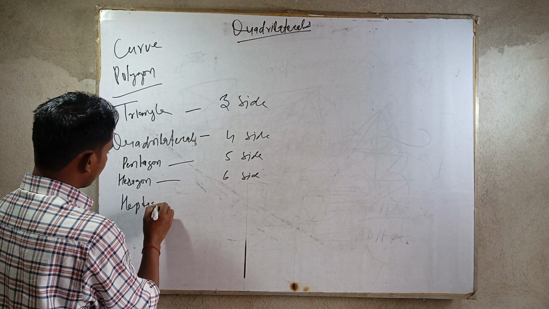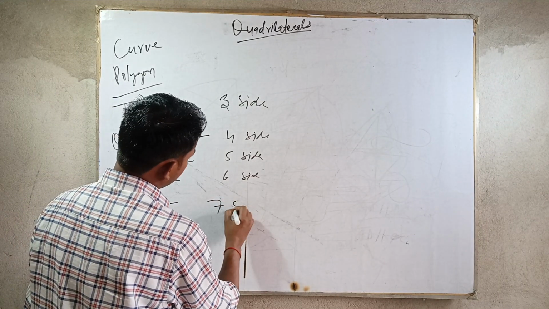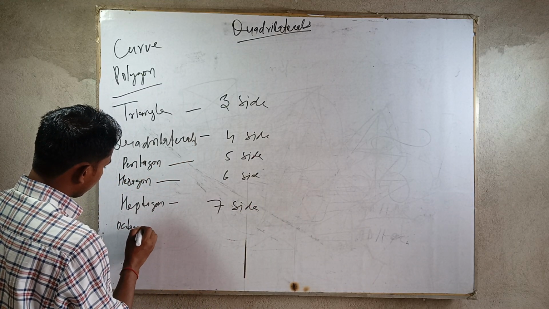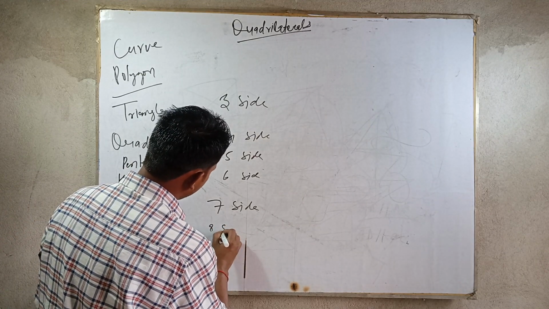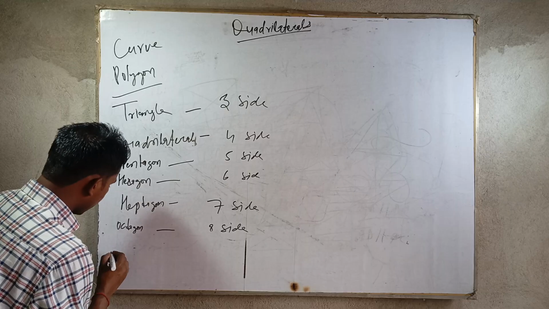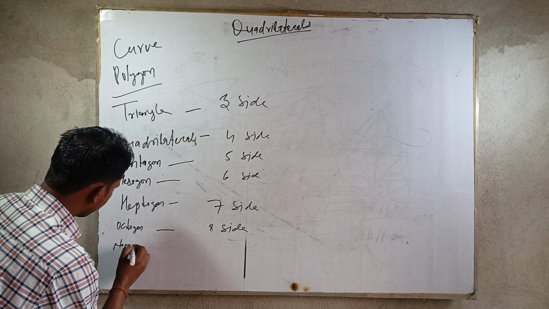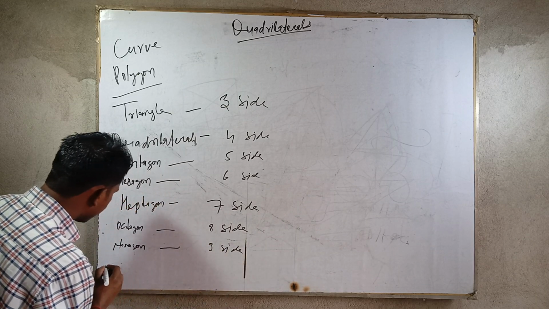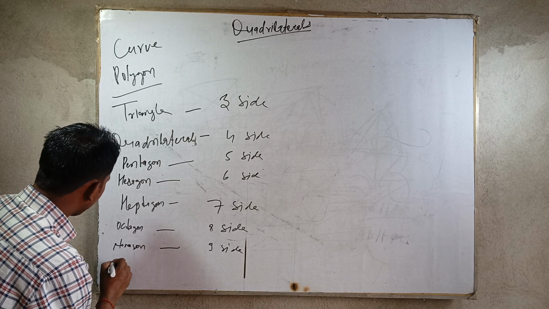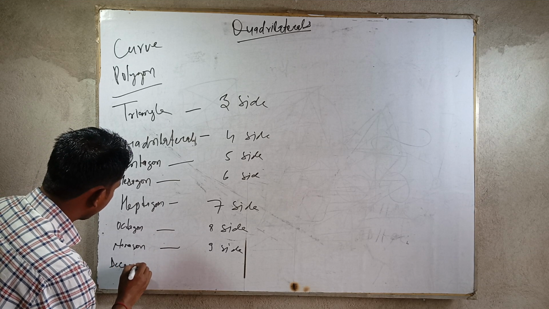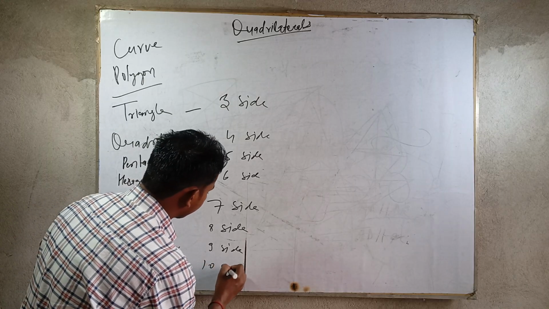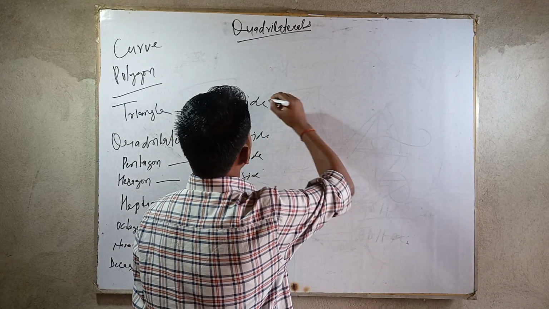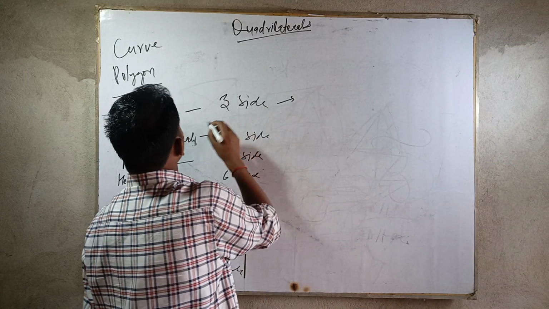Heptagon, which has seven sides. Octagon, which has eight sides. Nonagon, which has nine sides. Decagon, which has 10 sides. So like this, suppose a polygon has three sides, then what will be the sum of internal angles,